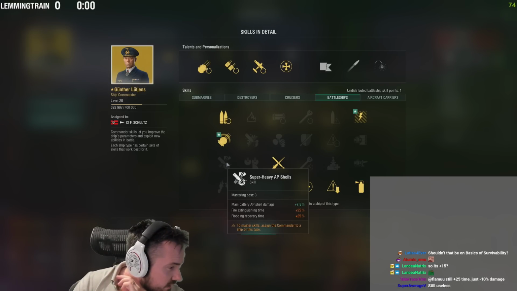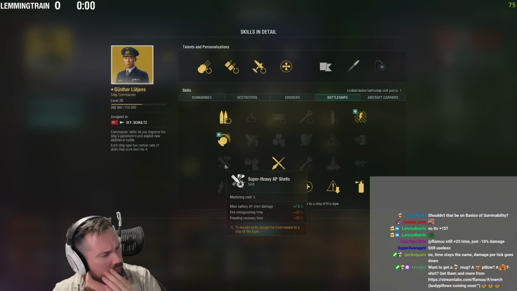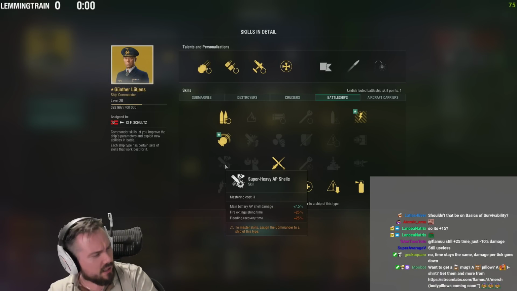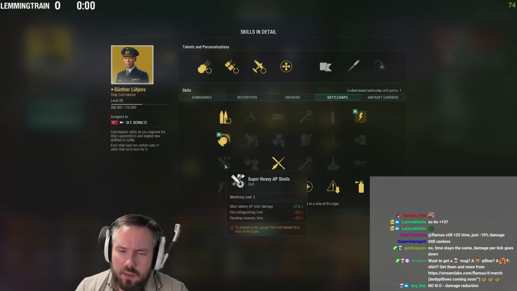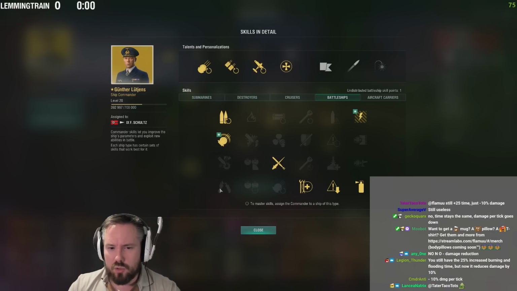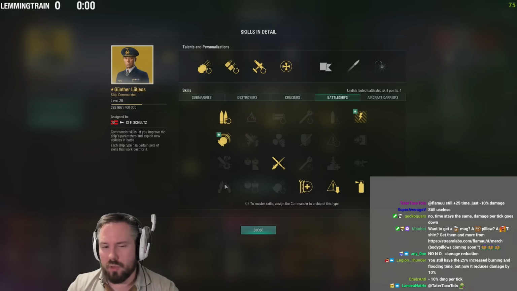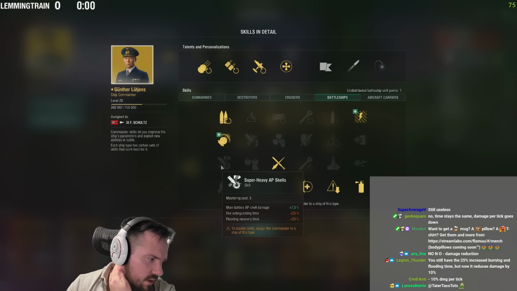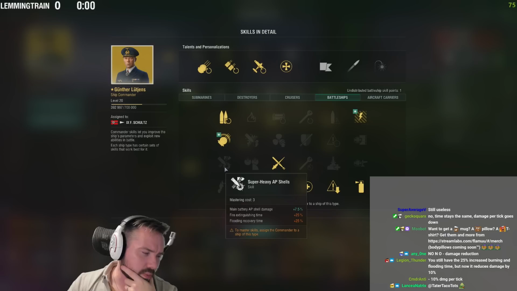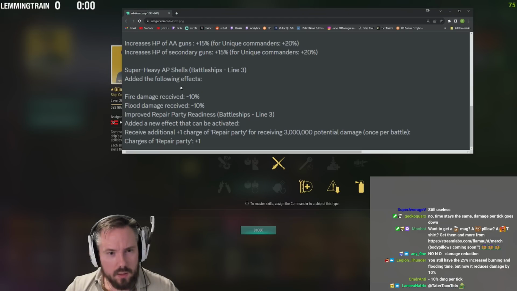Still 25% time, just 10% damage. Wait, really? It's still 25% time, but the damage per tick goes down? Okay, that's pretty confusing. But that's going to make it pretty mandatory if you're running a Furious build. So minus 10% per tick, but still duration 25. Okay, interesting. Added a new effect that can be activated on the improved